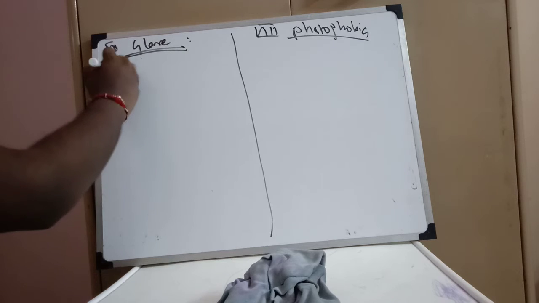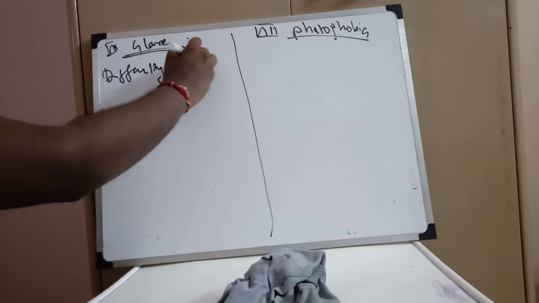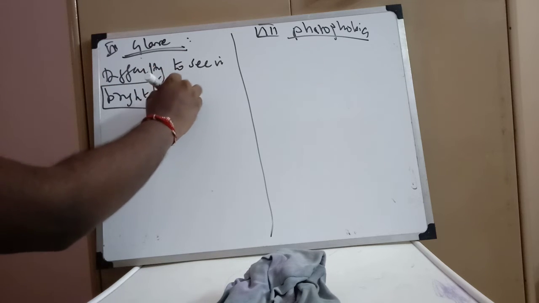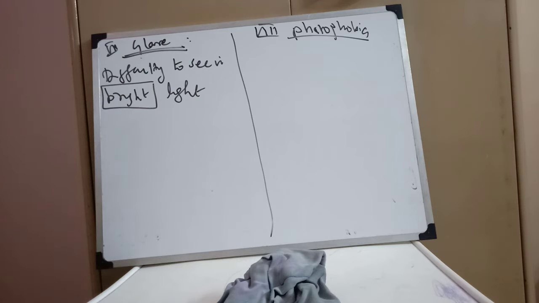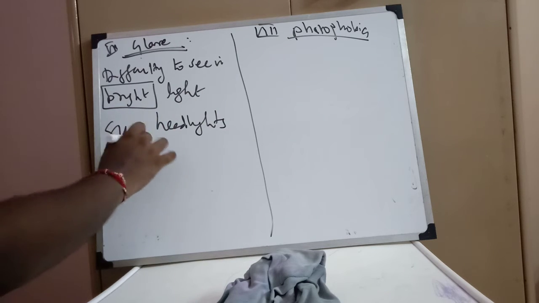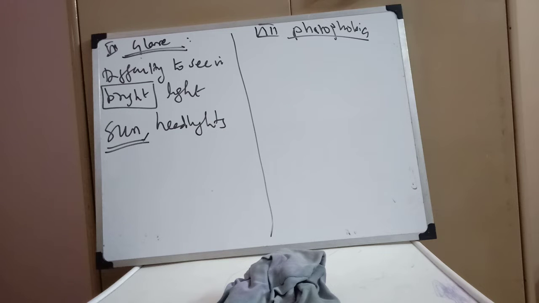What is glare? Glare is difficulty to see in bright light, and glare can usually be tested in a normal person by looking at the sun or looking at the headlights of a car. In the noon time sun, you just look at the sun, you get blinded. That is glare. Imagine you're driving on the ECR in the evening, you look at the opposite side of the lane, 100 cars will rush at you, and you'll get blinded. That's why never look at the opposite side when driving on crowded roads. Okay, this I am telling from experience.